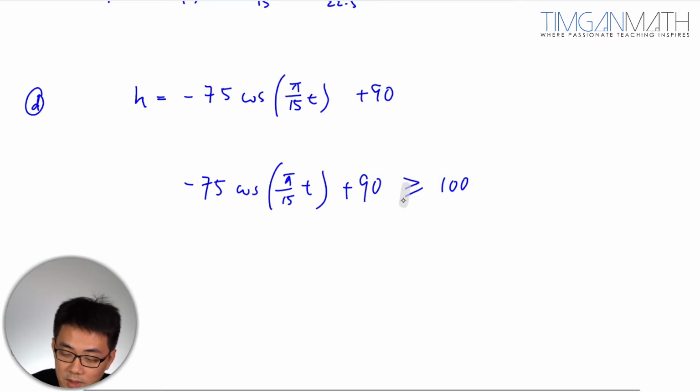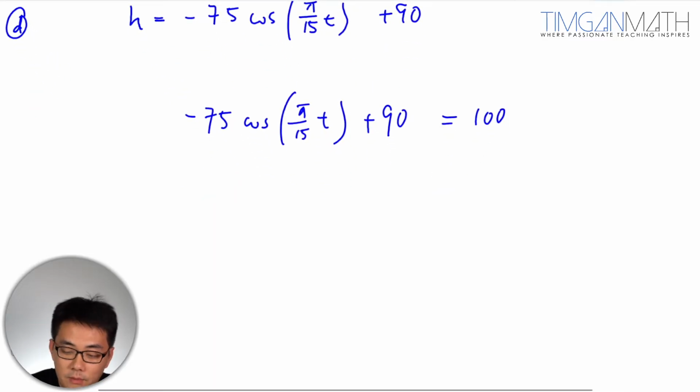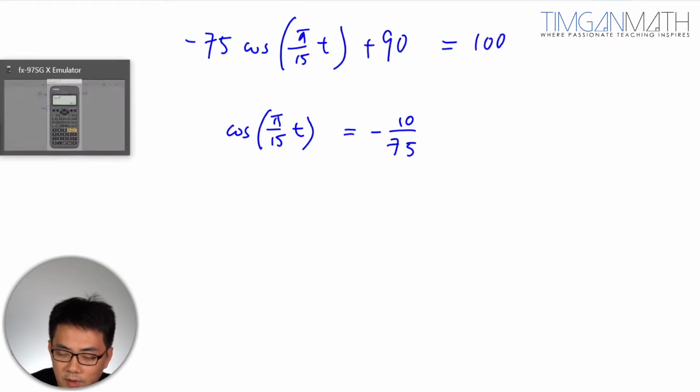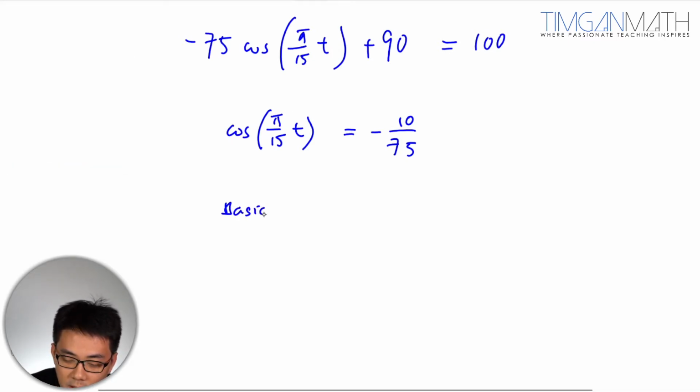So I'm going to just put this as equals to 100 here. Please remember that. Very common mistake, very common. So it's 10 over negative 75. So this is cosine pi over 15 t. So this is just a trigo ratio here. So I'm going to find the basic angle. Basic angle is